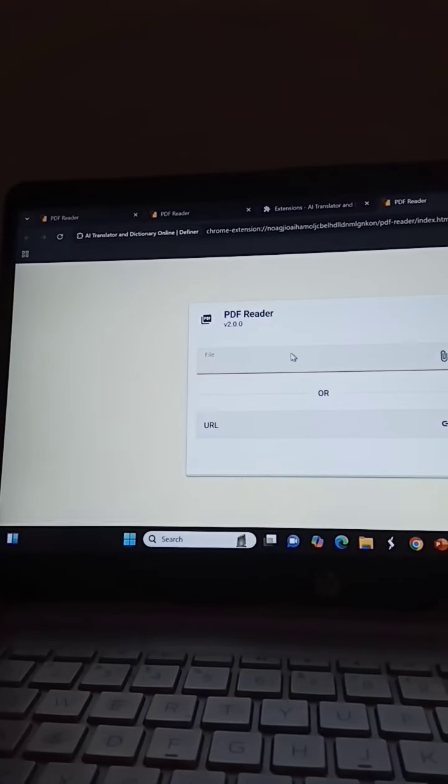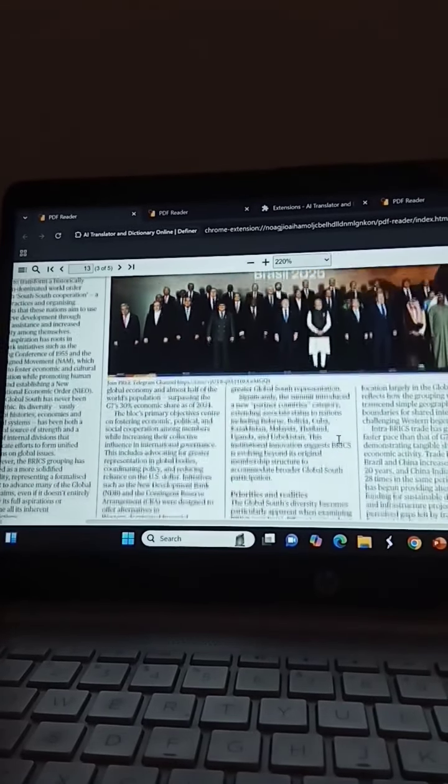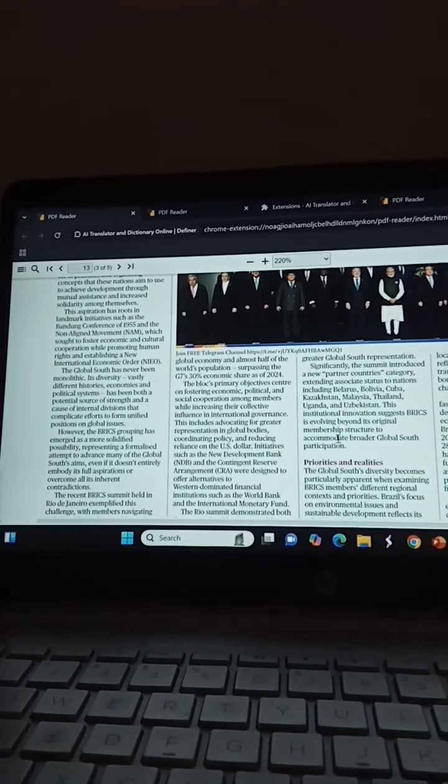So this dictionary is just very nice. You can get all the meanings within 5 seconds. And what more can we ask for? We will not have to deal with new tabs from here.